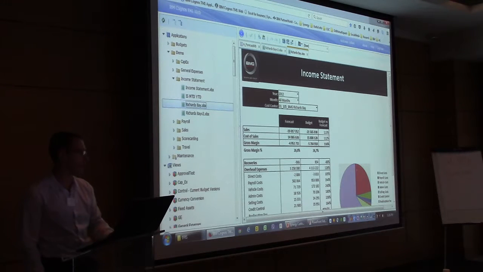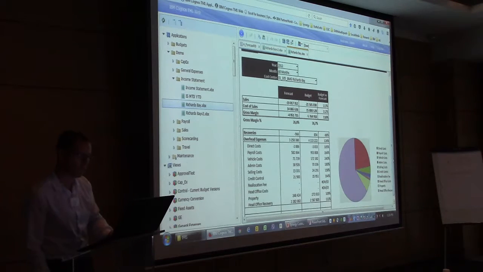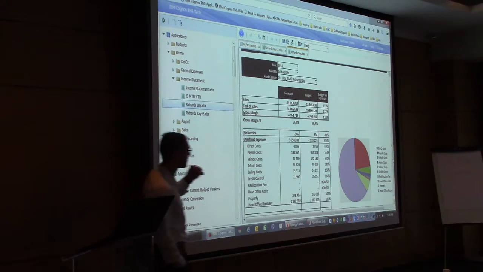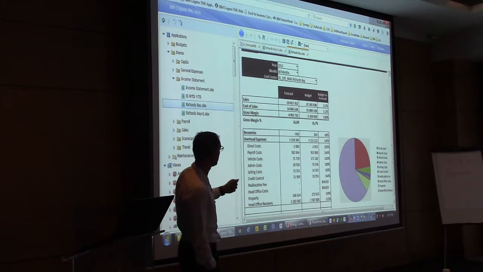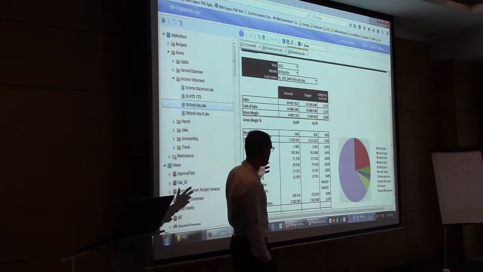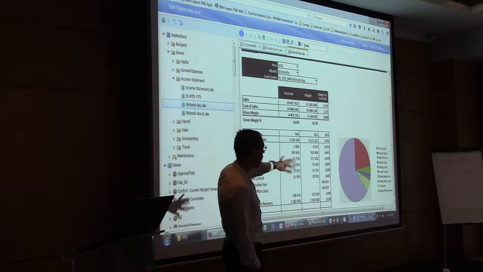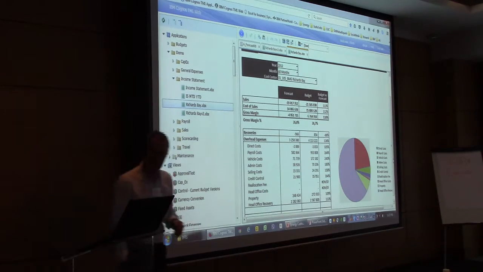You can even include some graphing on the side here. I know that pie chart's not the best practice graph, but it was the client's implementation. Just so you know, they have given us permission to use their model, with the numbers changed, obviously. So a lot of your Excel objects work in here, which is quite nice.